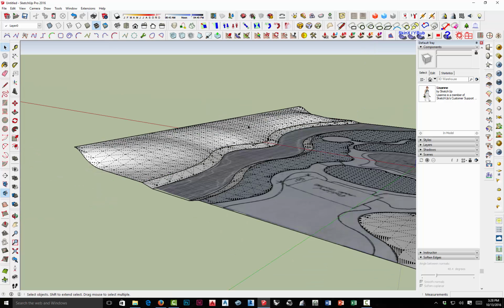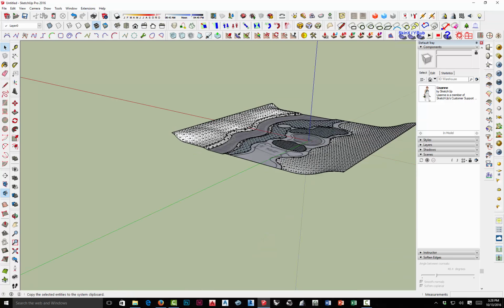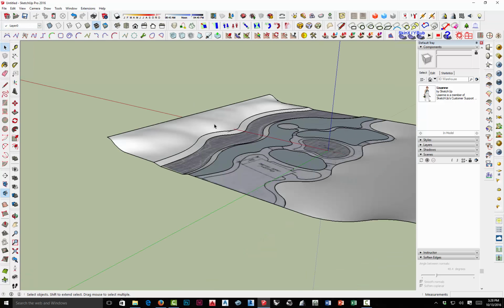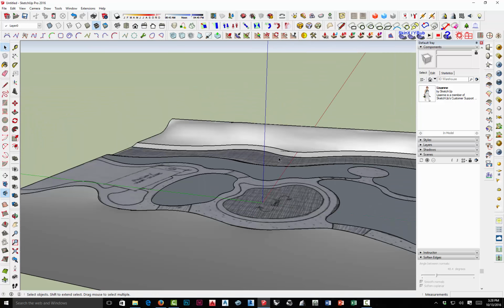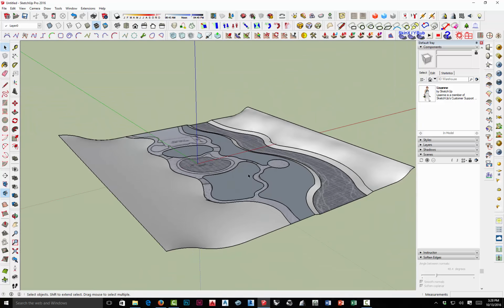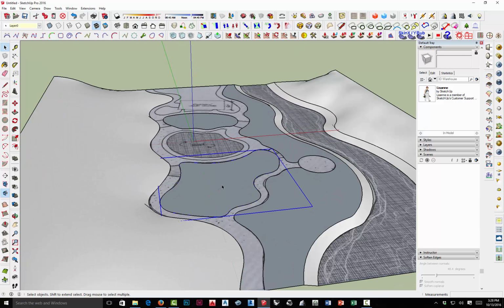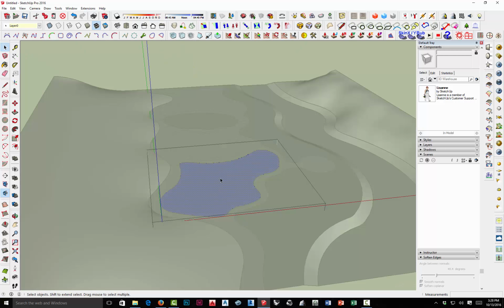Okay, so that looks pretty good. So that one, if I turn my hidden geometry back off, you can see now instead of just having slope there, we've got some undulations. It looks a lot more natural, like a landform that has those variations in it. We can do the same thing in here. Open this up, double click,